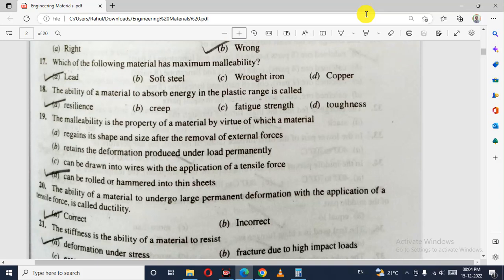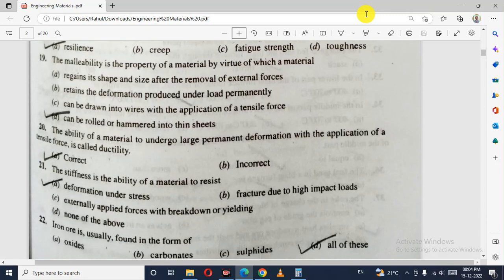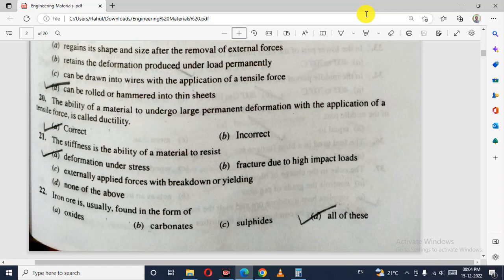Stiffness is the ability of a material to resist deformation under stress. Iron ore is usually found in the form of